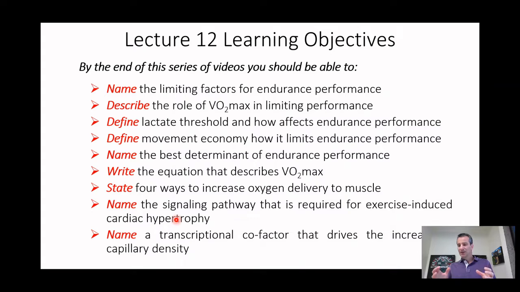And again, one of the things we're going to see is that with endurance exercise, we have a volume overload hypertrophy of the heart, which means our heart is bigger and it can pump more blood. In order to do that, it needs to be a little bit thicker, so you get a cardiac hypertrophy. The signaling is a little bit different than how we get skeletal muscle hypertrophy. So I'm just going to briefly discuss that so you know that there are a lot of similarities, but there are some differences as well.